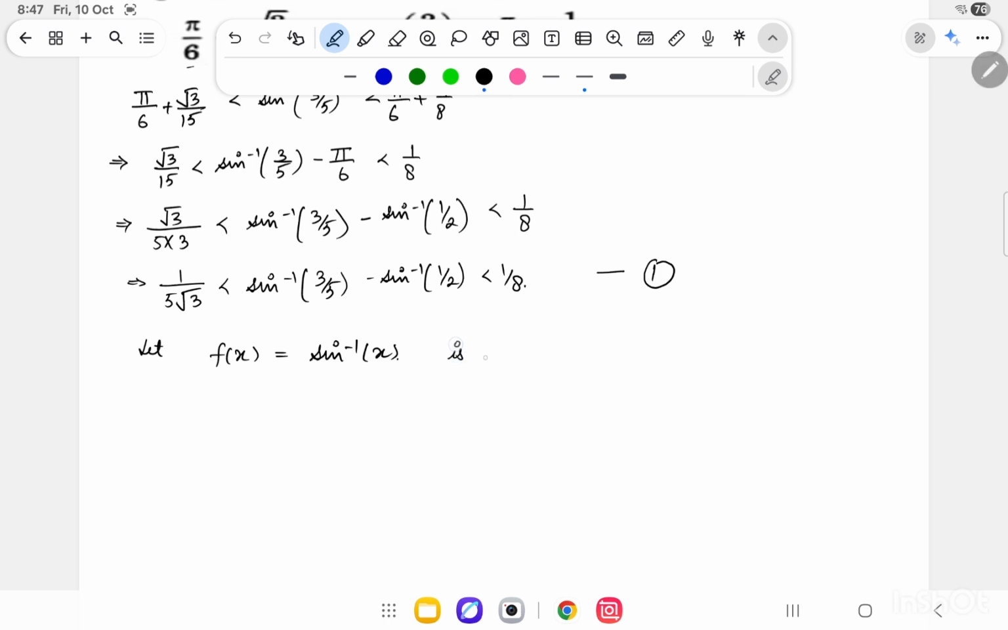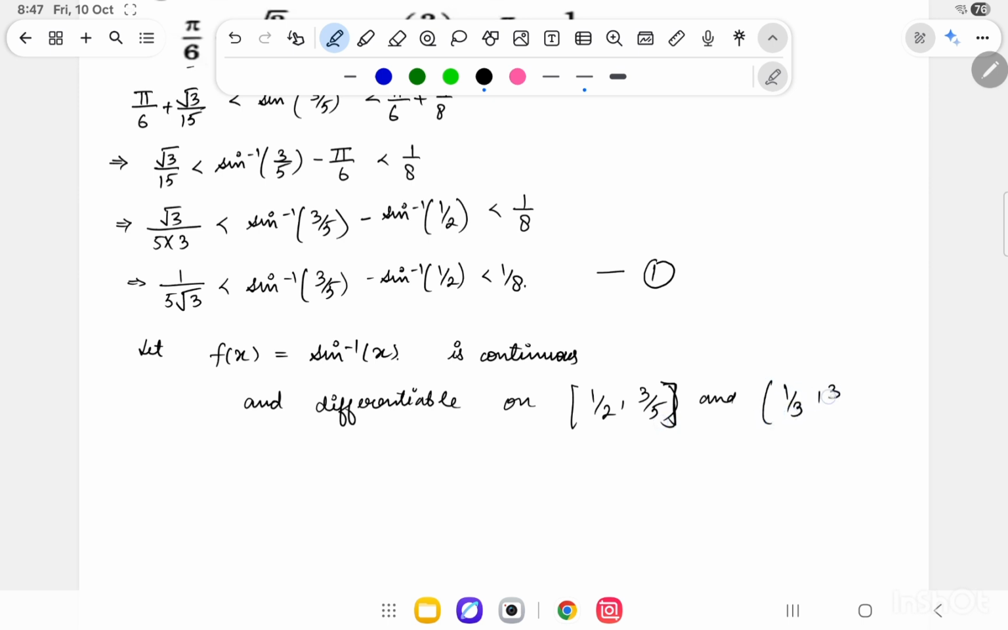We know that this function is continuous and differentiable on the closed interval 1 by 2 comma 3 by 5, and the open interval 1 by 2 comma 3 by 5, respectively. And we got these intervals from this relation because this is what